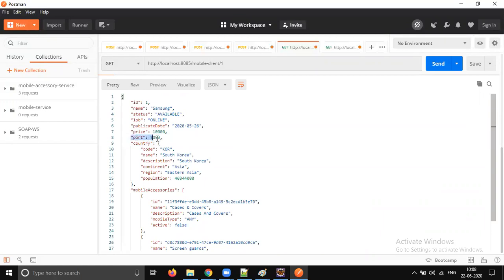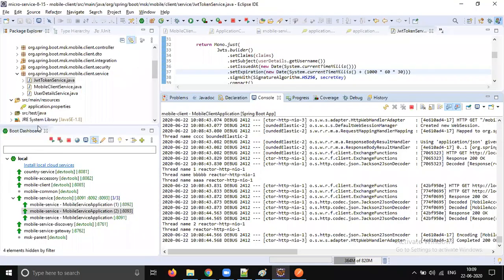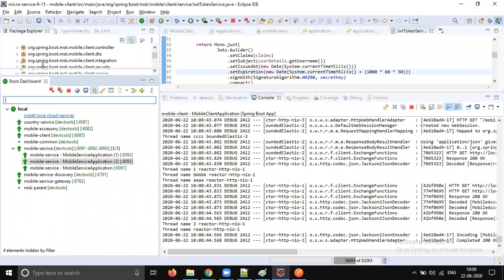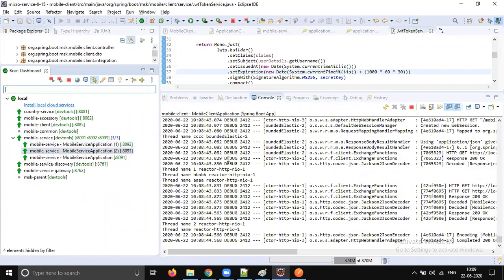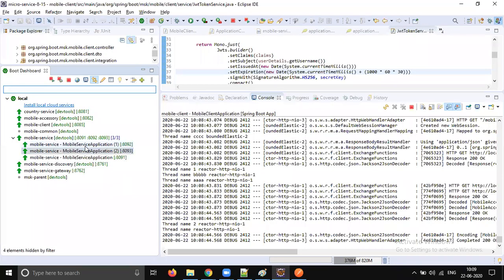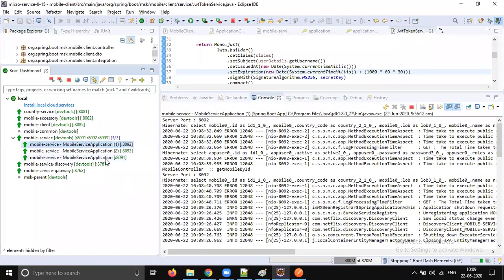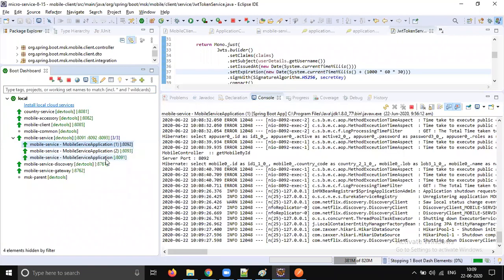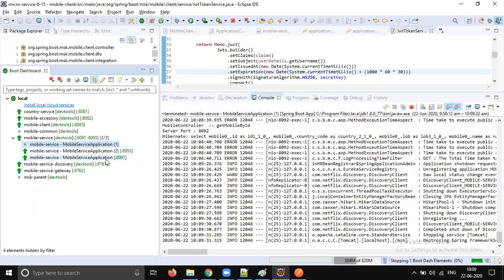But you see 8093 automatically in traffic, right? We didn't do anything. We just simply spun up a new instance using our boot dashboard, and you got the response automatically. So without any code changes, you can do auto scaling and auto descaling. Based on your load, on demand, you spin up a new instance, and based on the load, you can remove that instance. So let me remove instance 8092. There is no change required. Automatically, your service discovery and your load balancer can manage it.